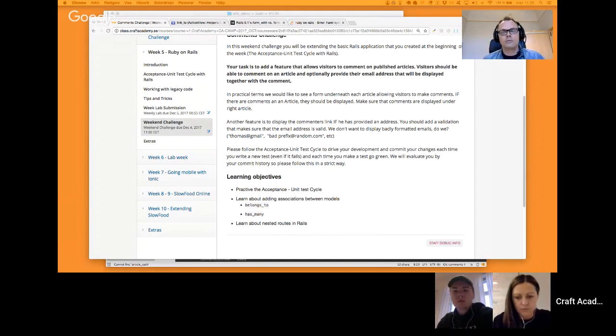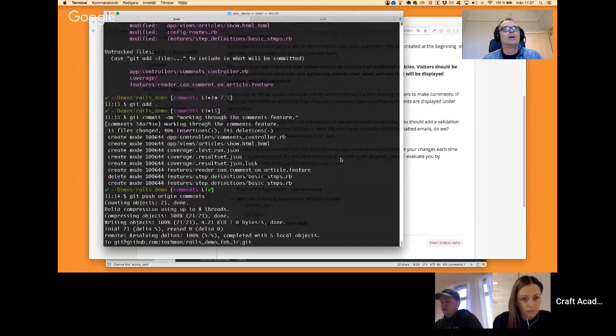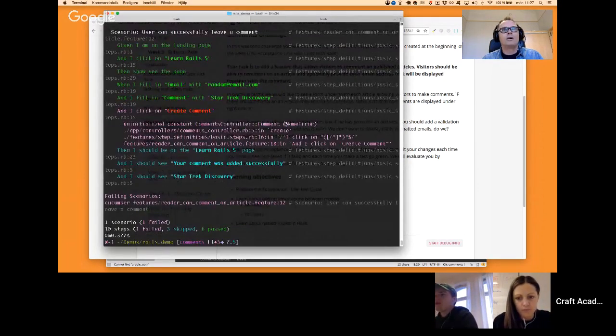We're able to pass in some data, user-generated data from the form in our articles show view to a controller action, and we're trying to create a comment. However, we stumbled upon a problem because we don't have a comments model defined in our application. So at this point, and this is a very important step in our storytelling, we need